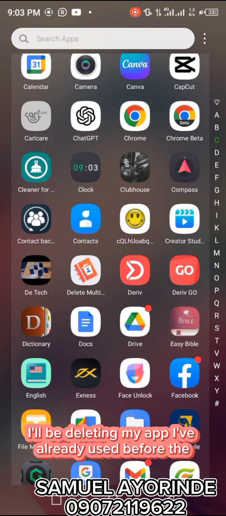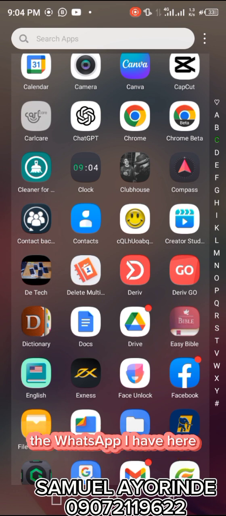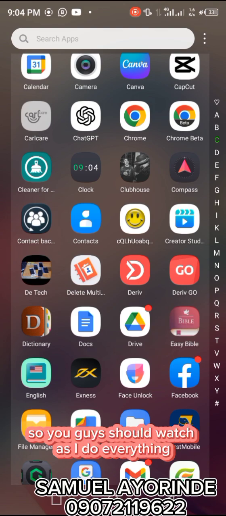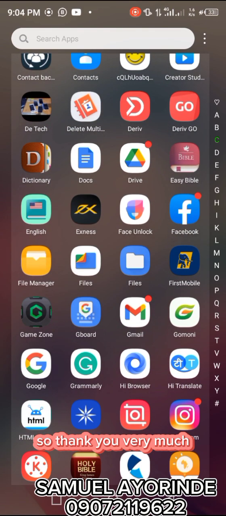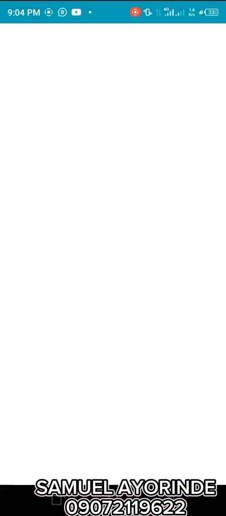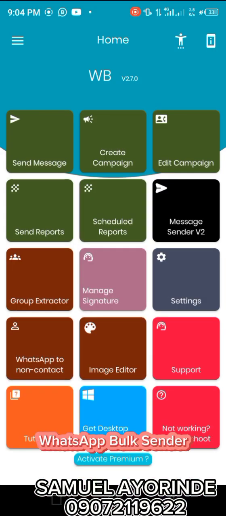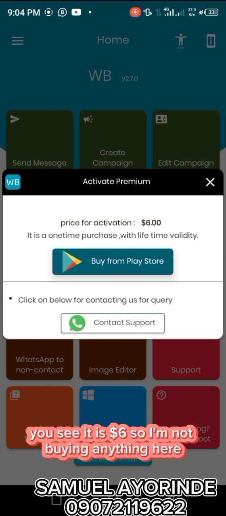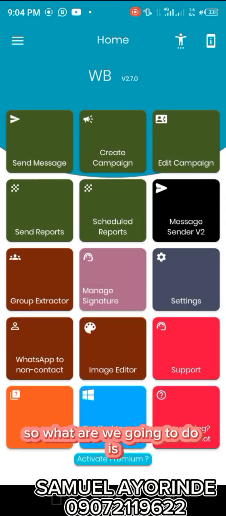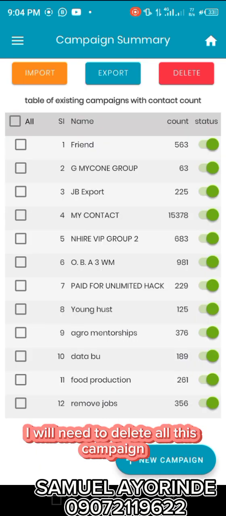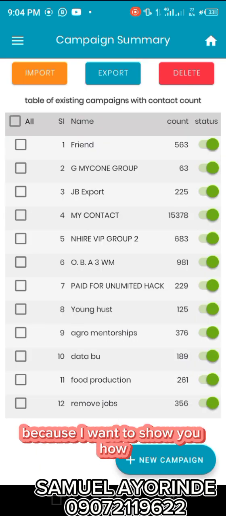I'll be deleting the app I've already used before, the WhatsApp Bulk I have here, because I will need to uninstall it and download it again. So you guys should watch as I do everything. So I go to my WhatsApp Bulk. This is my WhatsBulk Sender. So it's activate premium. You see, it is $6. So I'm not buying anything here. What I will need to do is, you see, I have some campaigns here. I will need to delete all these campaigns